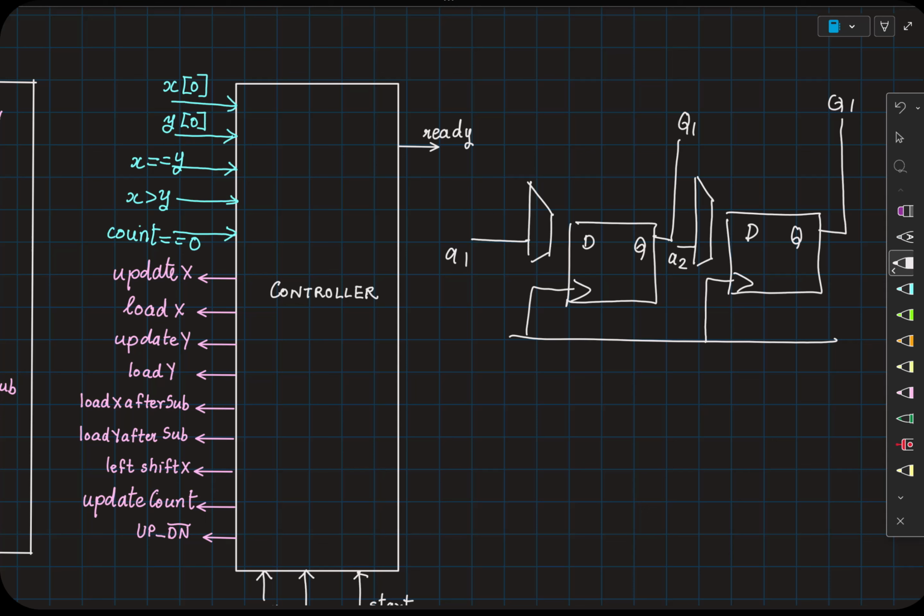So all that it means is that Q1 should be given as input to this. And then you can have an appropriate mux control here. So this has to be 0 because if you are right shifting it, the MSB, assuming it's a positive integer, has to be 0. If you were dealing with both positive and negative integers, then the MSB has to be 0 if it's a positive integer, 1 if it is a negative integer, right? And you can, let's say, give this register a name, shift right. So the same shift right signal is fed in here. And then you can feed in like this.